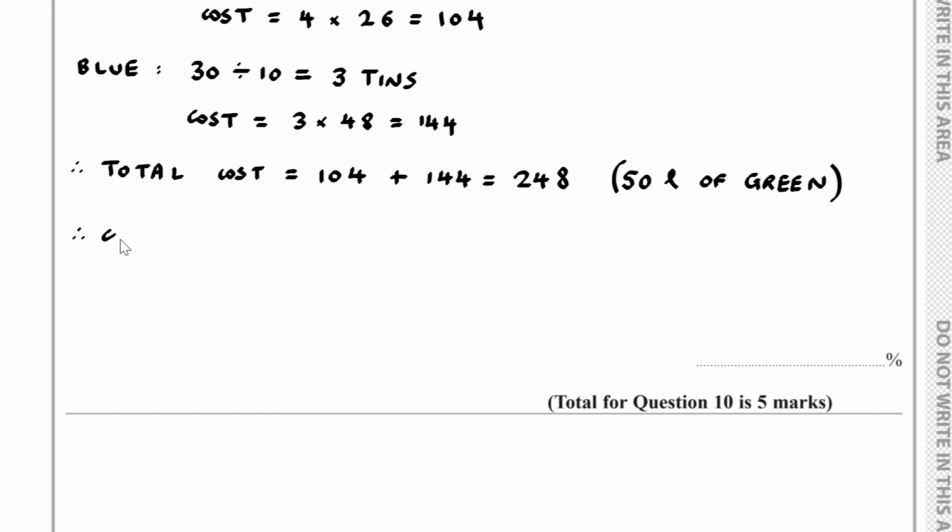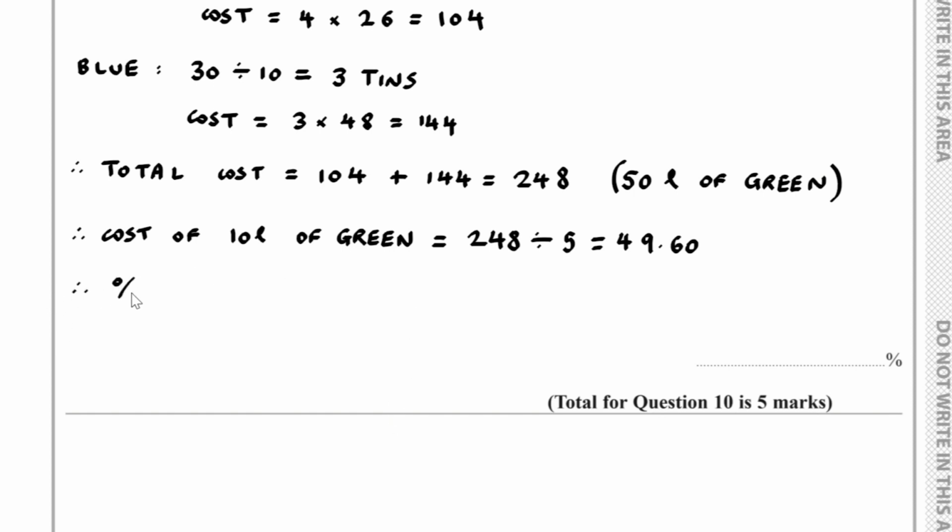So therefore the cost of 10 litres of green, well, that will be 248 divided by 5. 50 divided by 10 is 5, which is why I'm dividing by 5 here. I'm scaling this down to 10 litres, and it turns out here I get £49.60. So this is the cost of 10 litres of green,